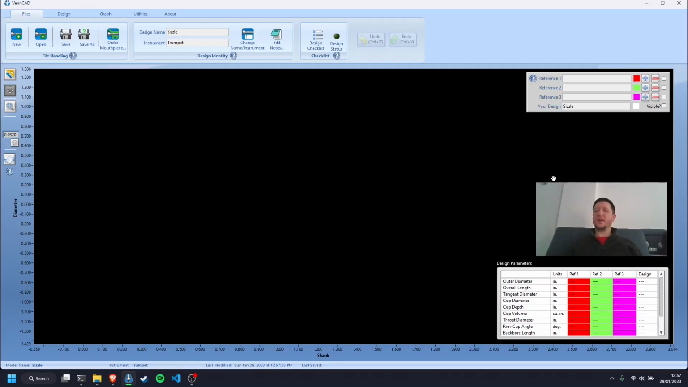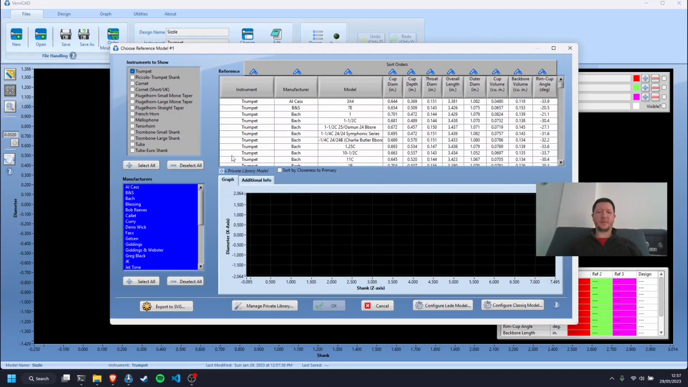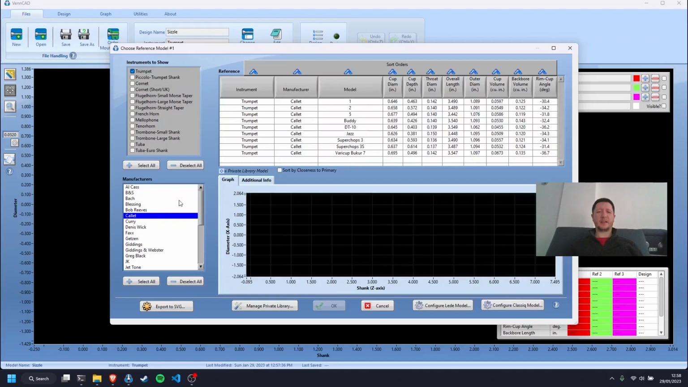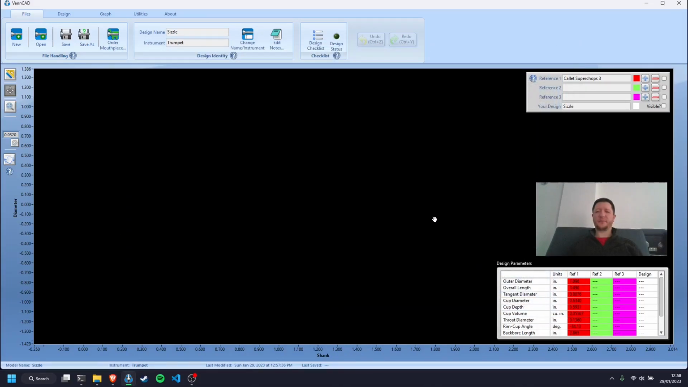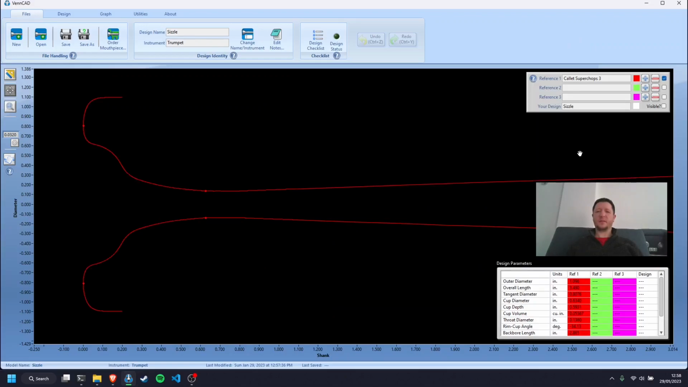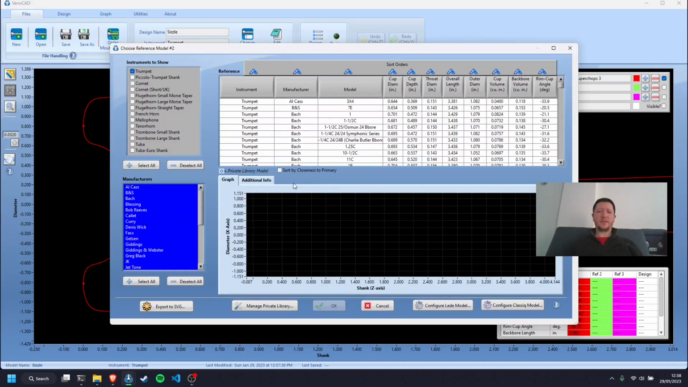Okay, so what we do is we're going to load up 3 mouthpieces that I've decided are going to be the components of my fantastic design. We'll start off with the Calit Super Chops 3 because that's the rim I like. Put that one on there. Then we're going to go to Bill Chase's mouthpiece, the